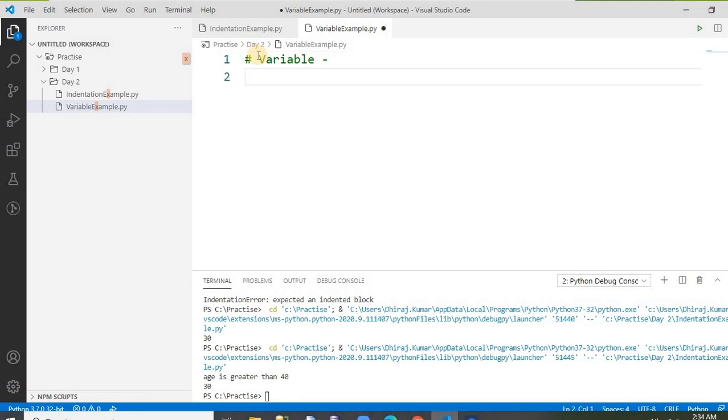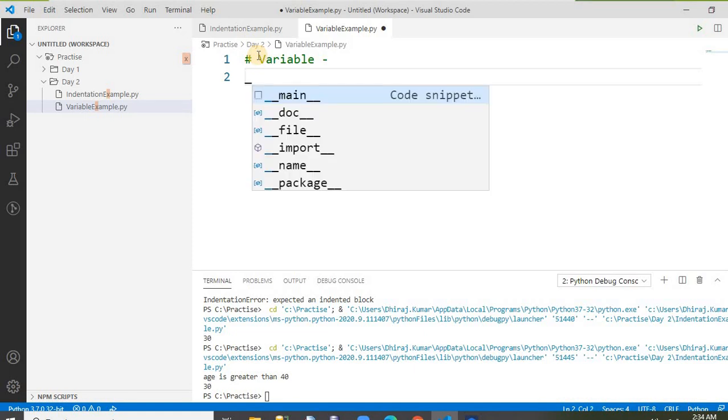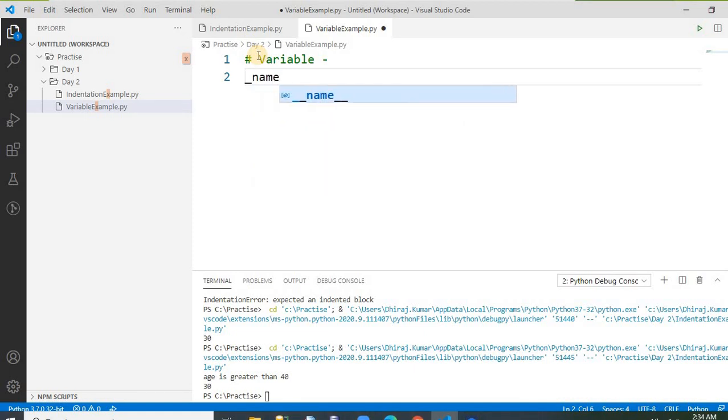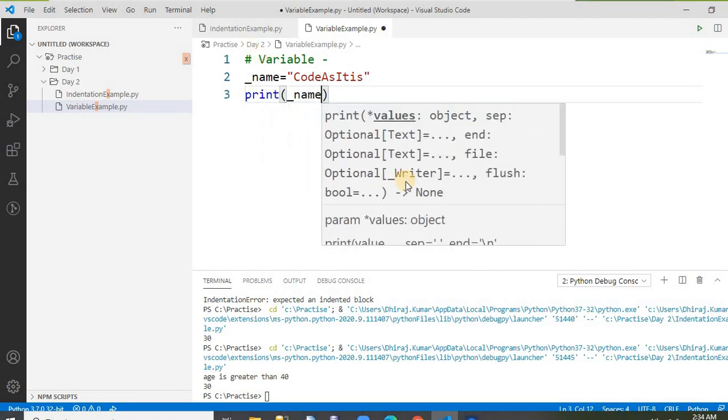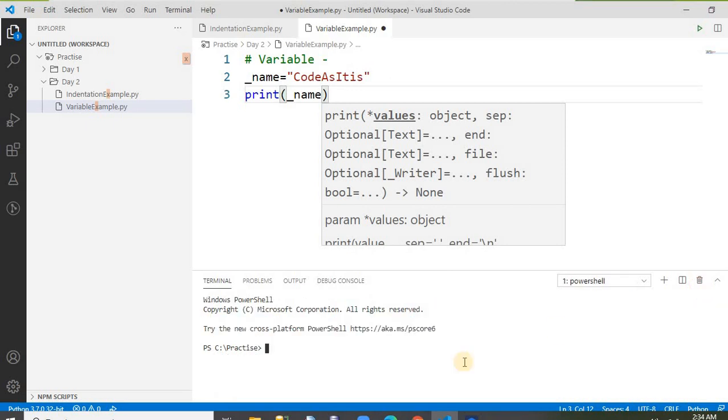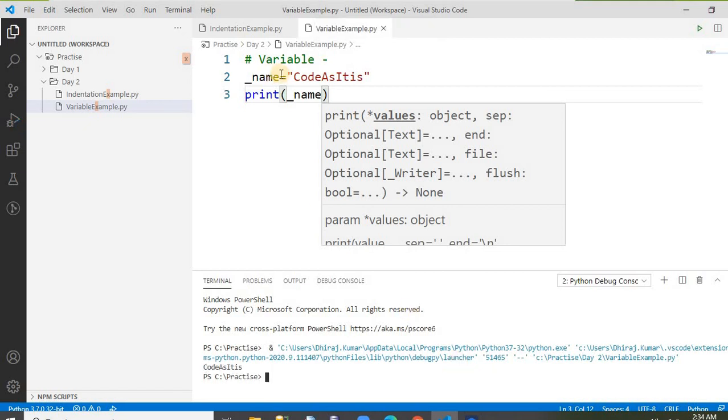Let's take an example of a simple one. You can declare the name like this. Let's print. Run this command, it simply prints the name.